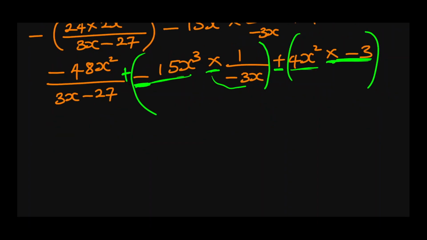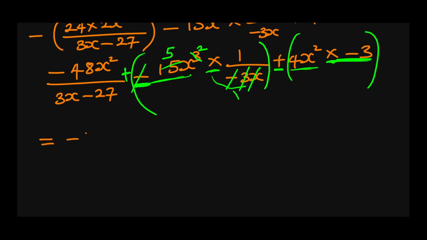Now, in this bracket, something can cancel out. The minus first, we cancel the minus up here. The x here, we cancel one of these x to change it to x raised to power 2 instead of x raised to power 3. Or if you want to use the law of division with the same base, you can also do that and you get the same thing: x raised to power 3 minus x raised to power 1, which is x raised to power 2. Then the 3 will go here, 1, 3 will cancel 15 to give us 5.